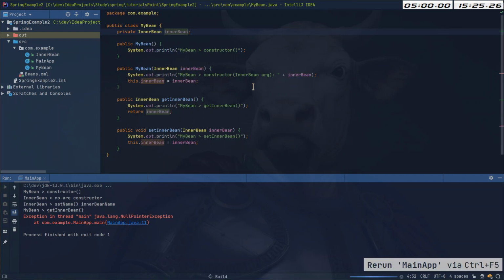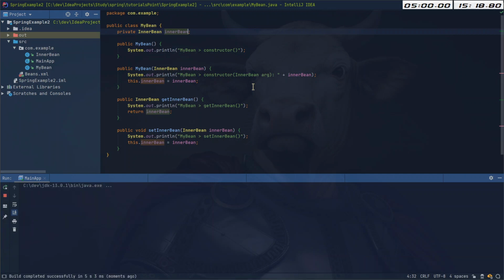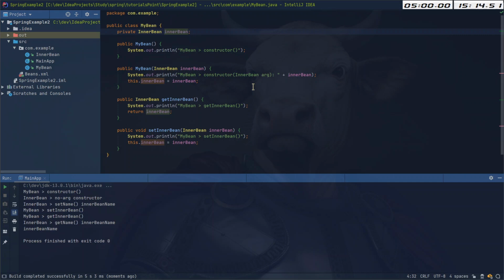Okay, maybe now it will run. Yeah, that works. So it's based on the name in here,